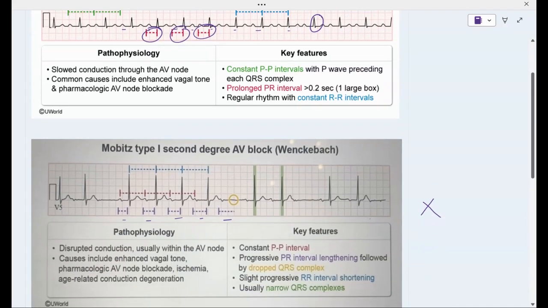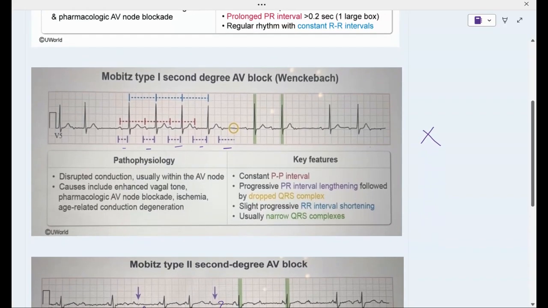So this is how in a simple way we can diagnose it. We have to see whether the P before QRS is happening or not, and the QRS morphology, whether it is narrow or wide in the same ECG, or regular, and whether it is randomly dropped or not. And we have to see whether the PR interval is constant or not. This way we can simply distinguish between all three types.